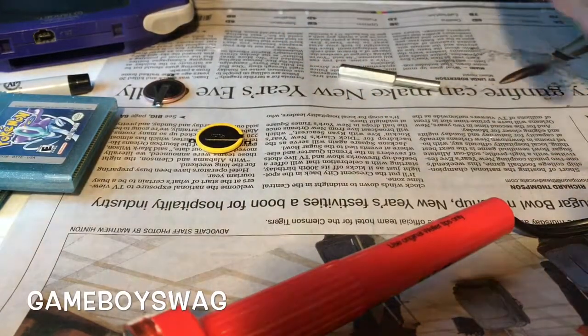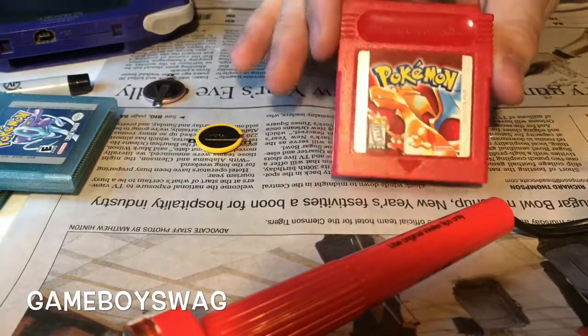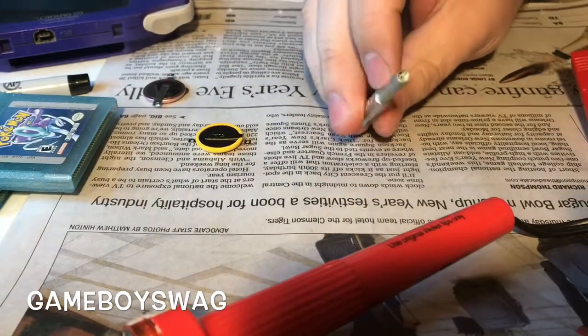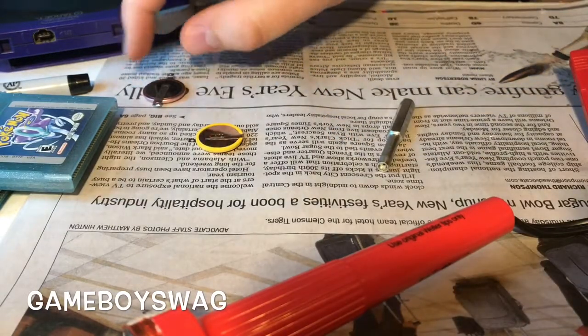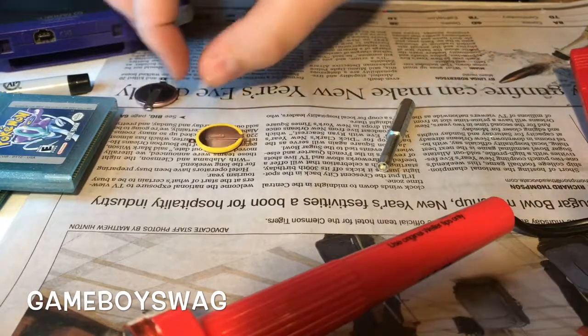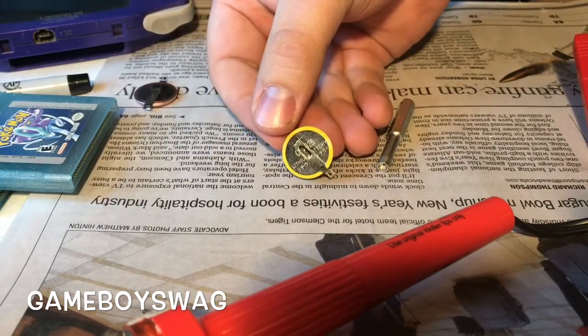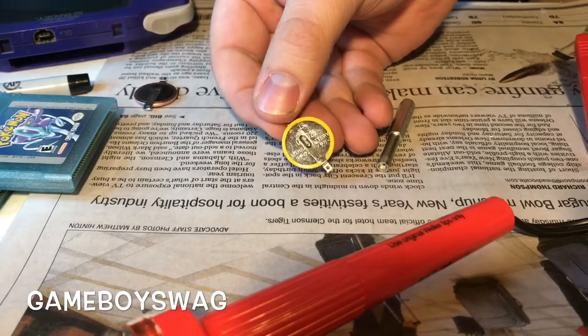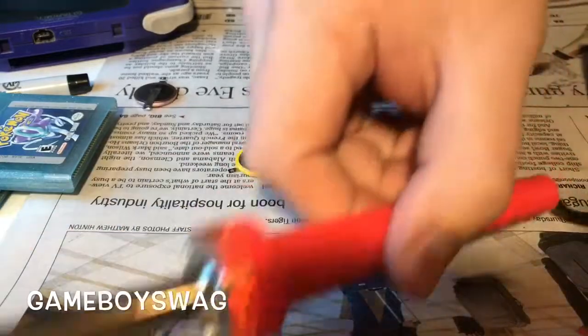So today we're going to change the battery in a Pokémon Red cartridge. The things you're going to need are a security bit screwdriver that fits a Game Boy, a CR2025 battery. I purchased 20 of them off of eBay for $10, and you're going to need a soldering iron